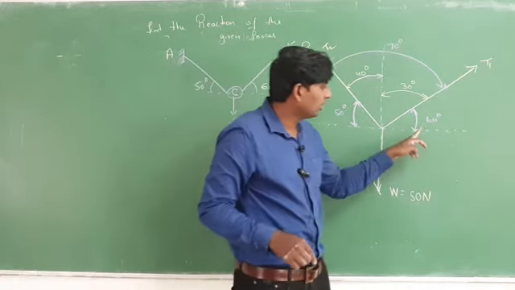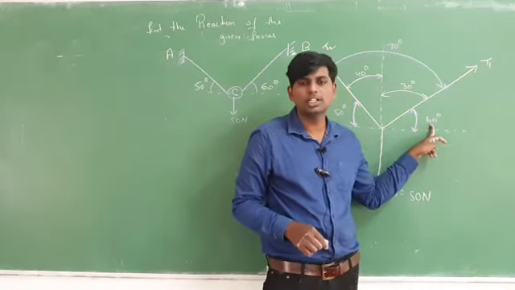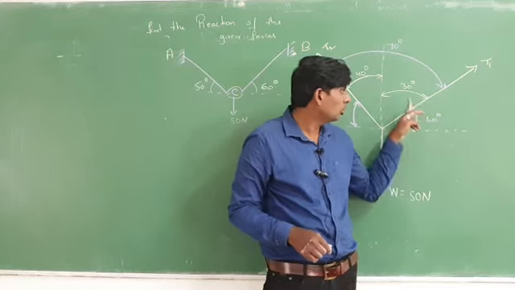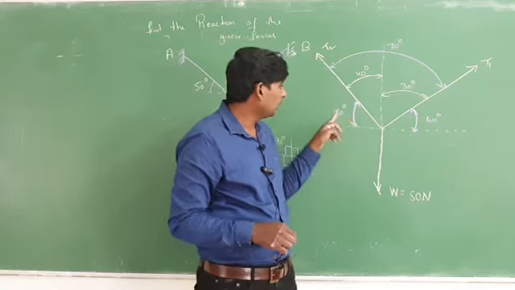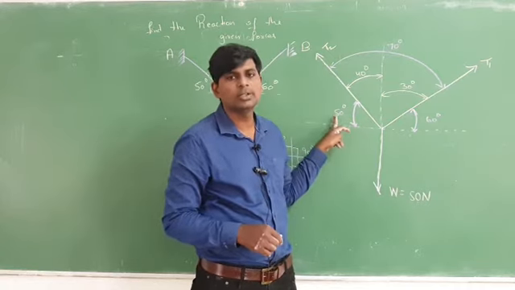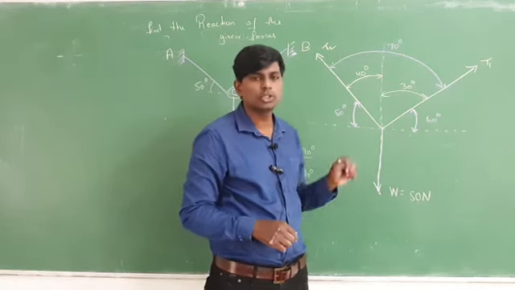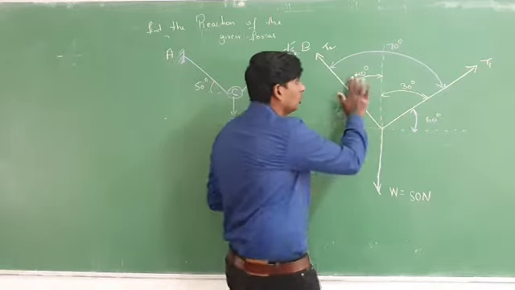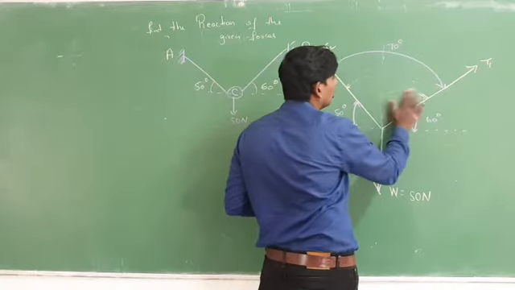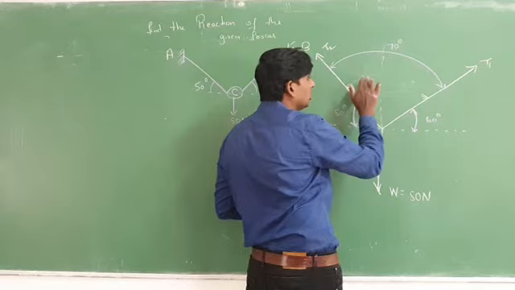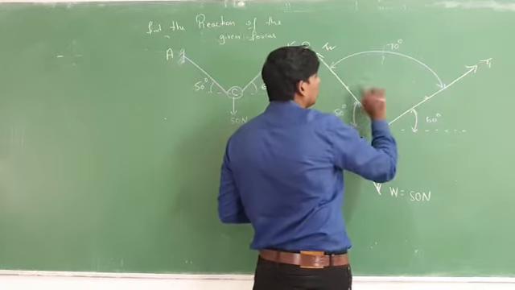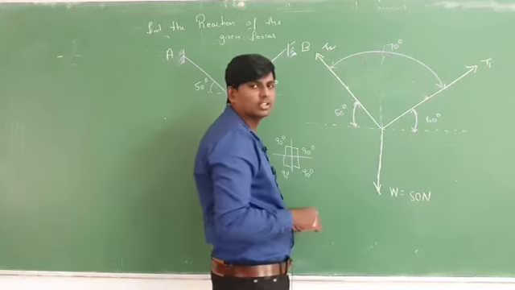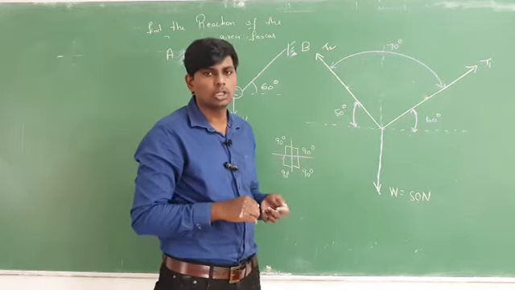Previously it is given here 60 degree, so you have to add 30. 60 plus 30 is 90. And previously here it is given 50. 50 plus 40 should be 90 degree. So remove this angle, no need of this one, because between the forces T1 and T2 you got 70 degrees. You got it already.